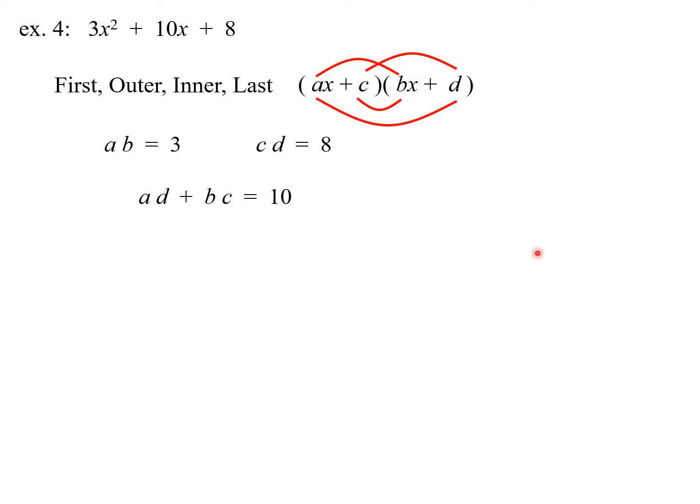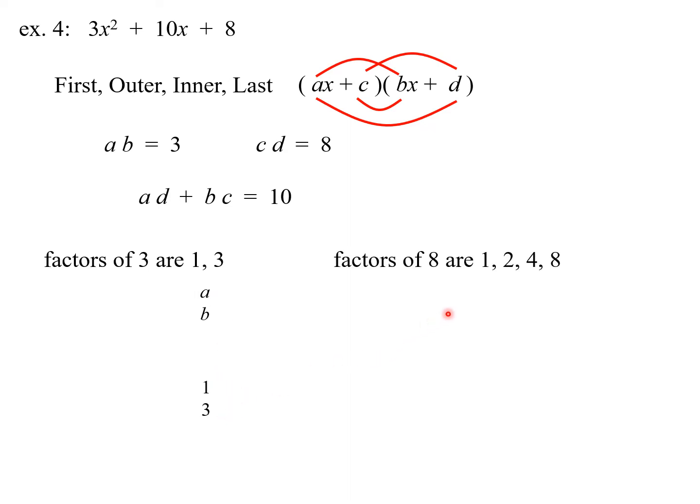Okay, so here's how I'm going to set this up. The factors of 3 are 1 and 3, and I'm going to set them up on the left-hand side. Fortunately, it's just 1 and 3, so that's the only ones I have to worry about. Factors of 8 are 1, 2, 4, and 8, and I'm going to set those up on the right. 1 times 8 is 8, and 2 times 4 is 8. And what I'm going to do is draw lines between this set and this set. For example,